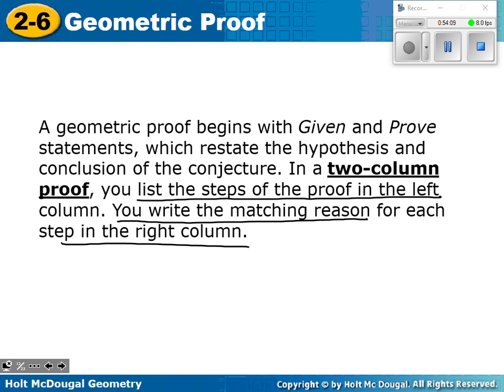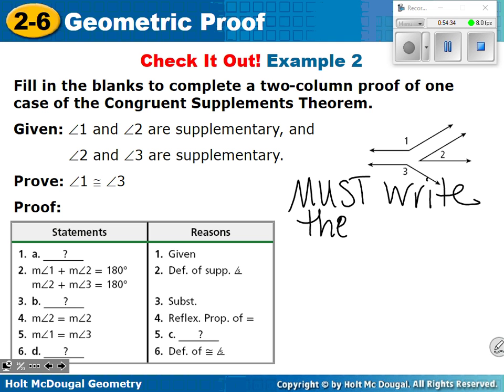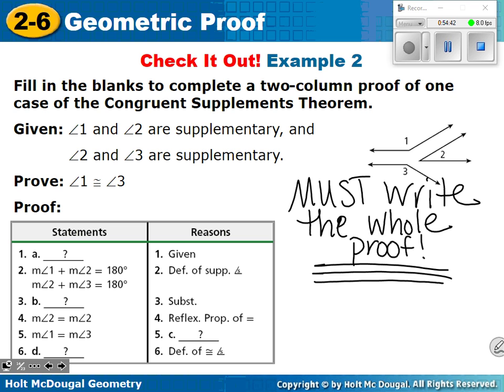Two-column proof. Let's do one last fill-in-the-blank proof together and see how we do here, and then we'll stop, okay? So this one is a little different because there's blanks all over the place, right? I want you to write something great big on your paper right here. When you're doing your homework, you must write the whole proof, not just the blanks. You will miss points if you don't write the whole proof,